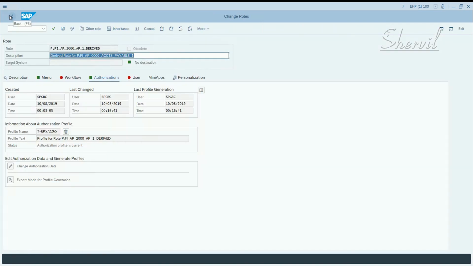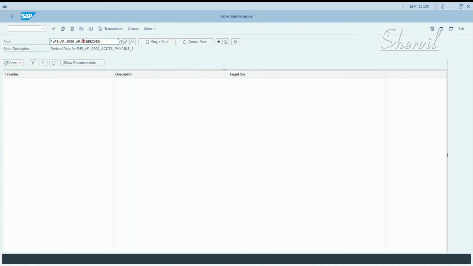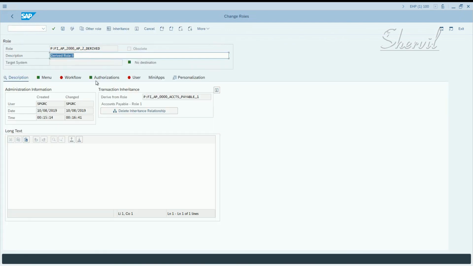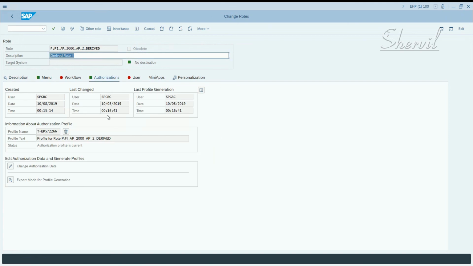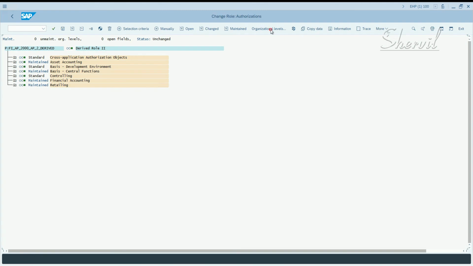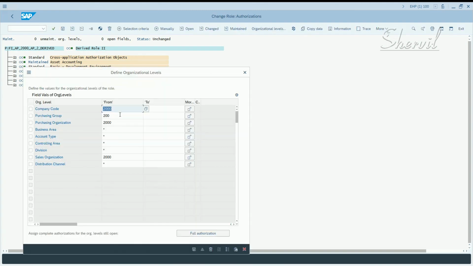See what happens. In the second example, we had actually used the mapping that we configured, right? Now let's see what happens here. In the org levels, the mapping is coming from the configuration that we created, okay?